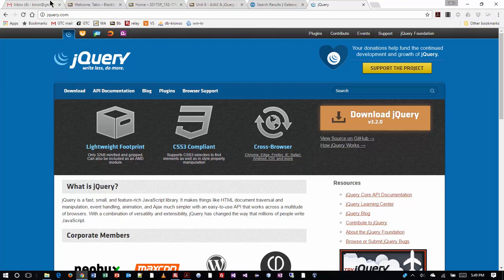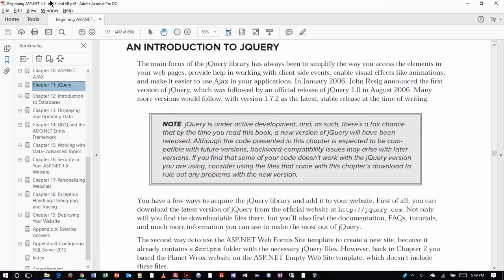But when you work with Visual Studio, you have this beautiful advantage that there's tools built in that can pull jQuery in automatically for you. And that's one of the first things we're going to learn here. All right, but going back to what jQuery is,